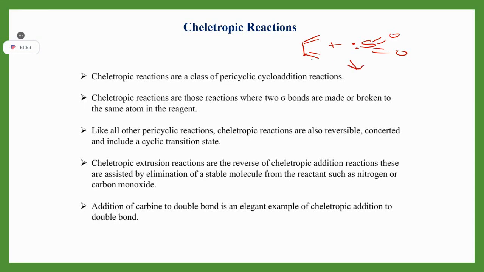And on 4 plus 2 cycloaddition, 4 electrons of this pi bond and 2 of your sulfur, right? This will form a system like this, yes or no? Now, if we draw its retro-Diels-Alder reaction, this bond will be going from here, this is going from here. So, it is written over here that when two sigma bonds are made or broken to the same atom in the rearrangement. So, if you see, one bond is breaking from here and one is forming to that same sulfur atom, right? That is your cheletropic reaction.